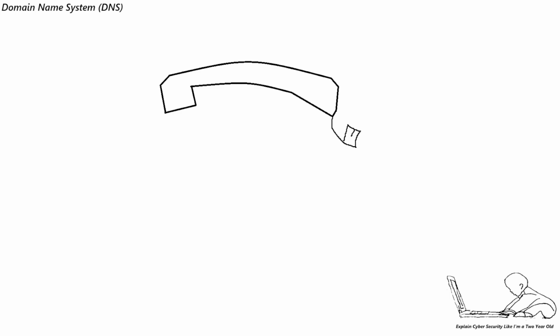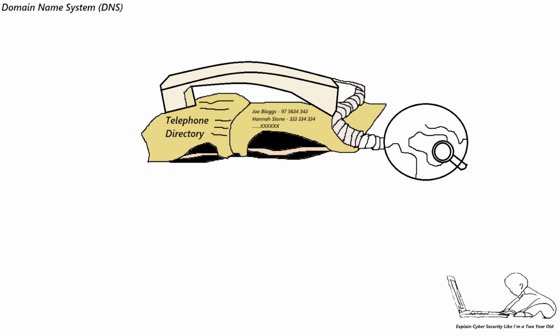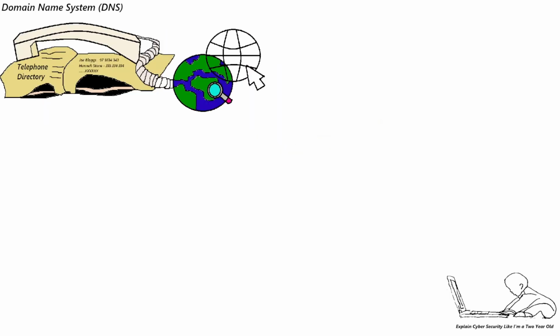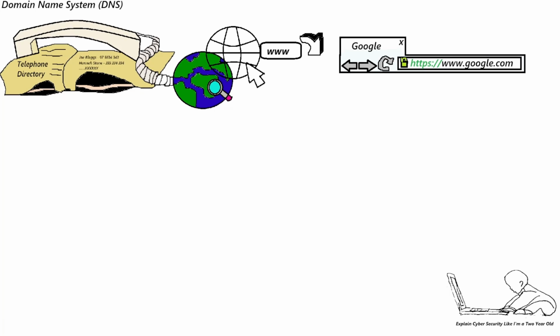The domain name system, DNS, is like the telephone directory, aka Yellow Pages, of the internet. It's the who's who of every website and how to get there. In this video, we will explain what happens when you type a domain name into your URL browser and click go. But where does the request actually go?